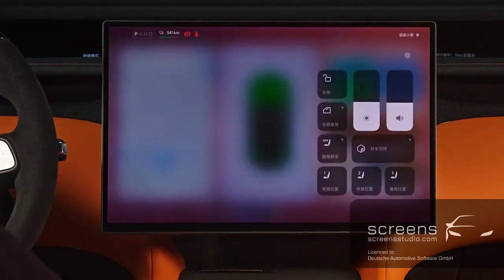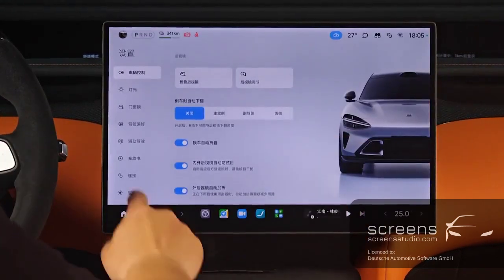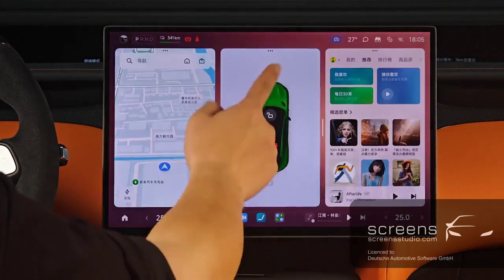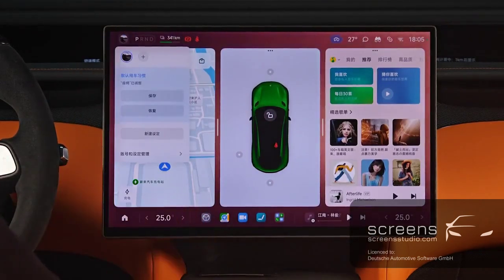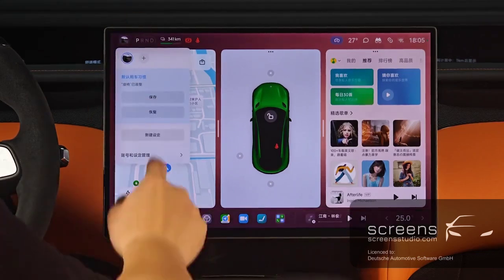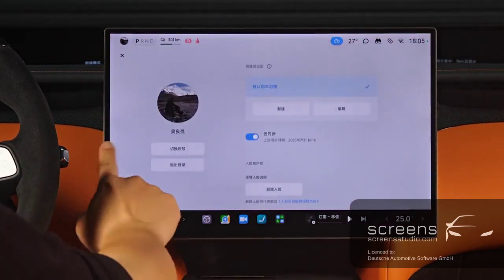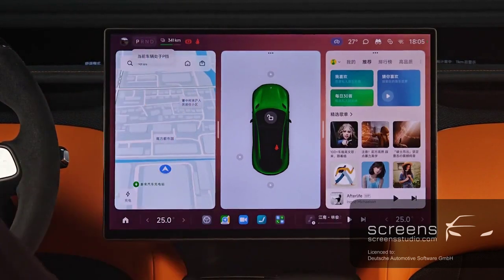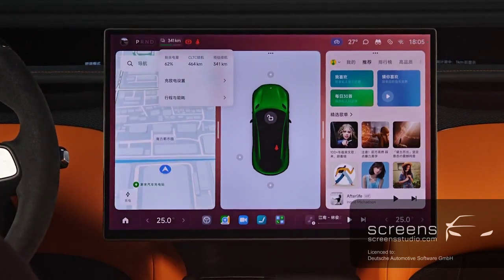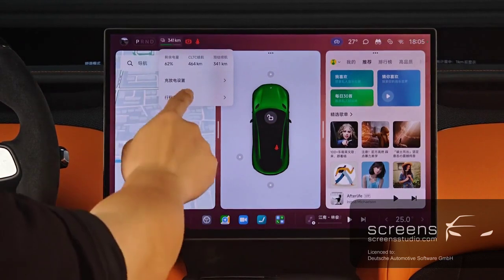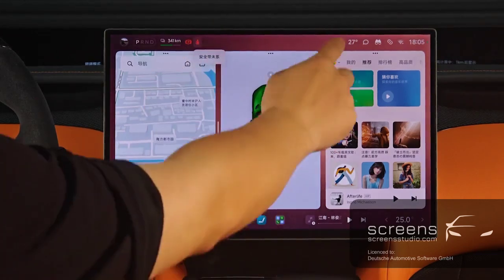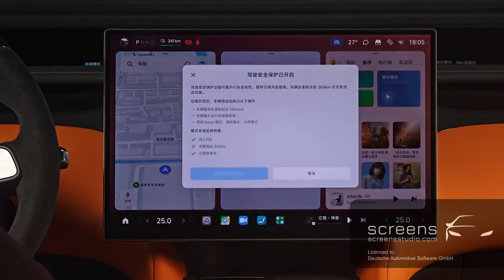On the right side, we also have a drop-down menu, including the settings shortcut and various shortcuts which cannot be customized. In the upper bar, we can access the User Center shortcut, log into accounts, customize habits, and access the user profile menu. We also have our drive mode information, our gear information, EV range and charging related settings, the parking brakes, seatbelt warning icon, driving safety protection,